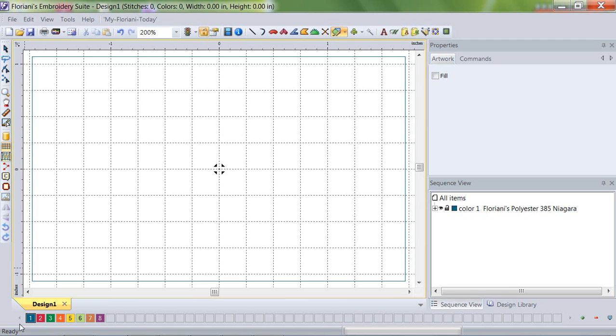Now along the bottom, you're going to notice you have got your default thread palette. If you have not brought in a design that holds its own colors, you are always going to see these in the bottom left hand corner. That is our default colors that we can work with to digitize with. Well, I want some different colors. So what I'm going to do is I'm going to put my